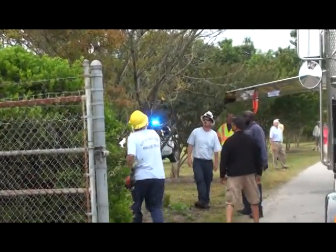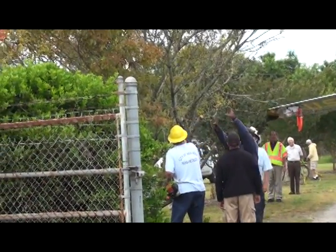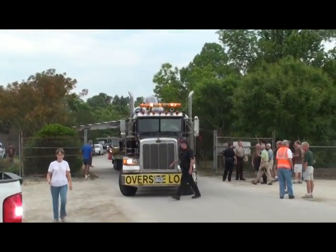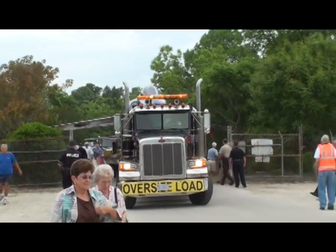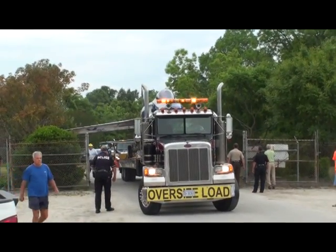As you can see, they had the proper equipment, the proper crews were on hand. This was expected, so not really a surprise. They knew they'd have to do a little trimming, but they didn't want to trim any more than they absolutely had to. Coming through the gate finally, the wing just clearing the top of the fence posts and slowly being